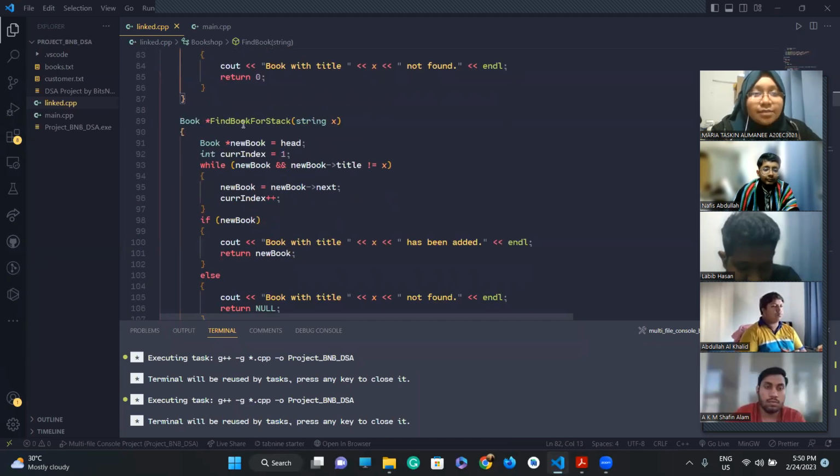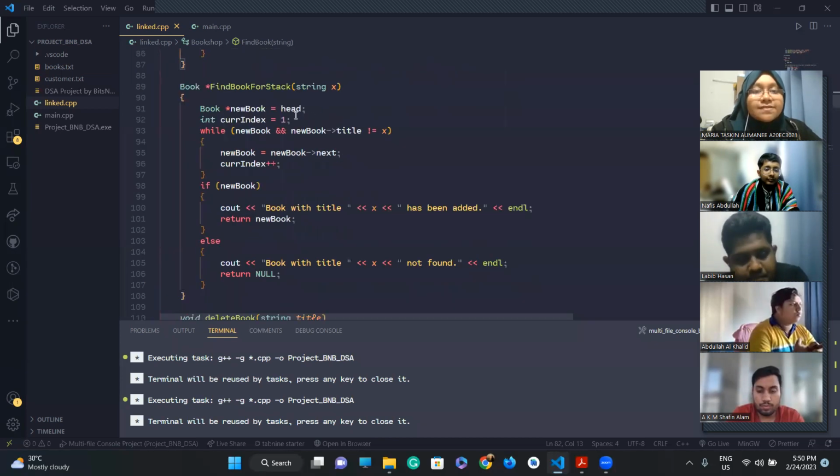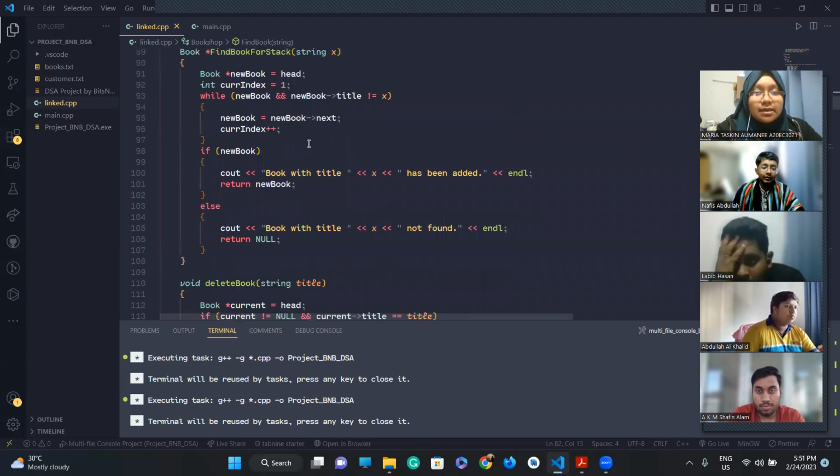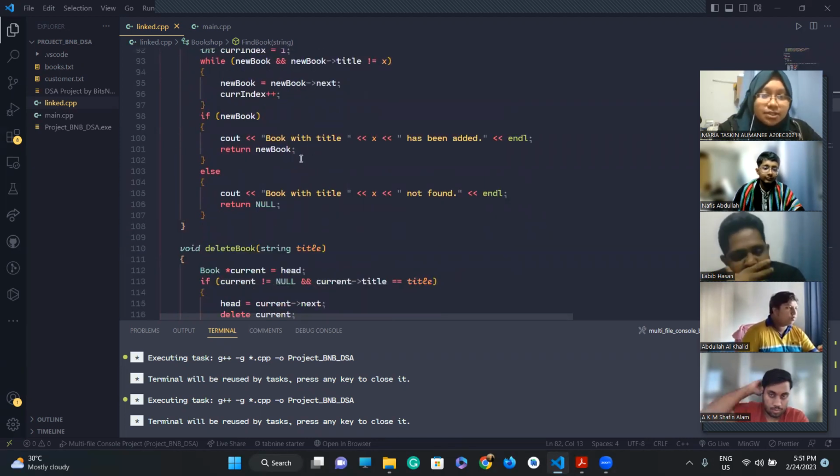And then under find book for stack, it's kind of seen as find book, but here we find the book. Here we see if the new book is from the book we wanted to find before. So if the new book is not null and the new book title not equals to X, then the new book will refer to the next new book. Yes, as we can see, there's an if-else function. Yeah, moving on to the next one,